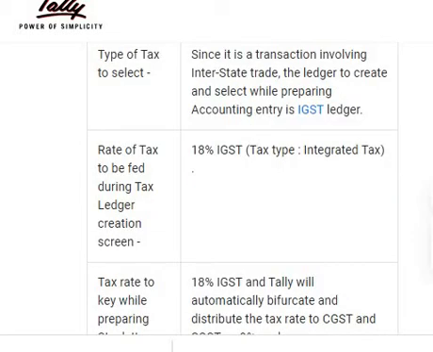And you need to select the type of tax. So here, as it is interstate trade, you need to select IGST, and the rate of tax is 18% IGST.